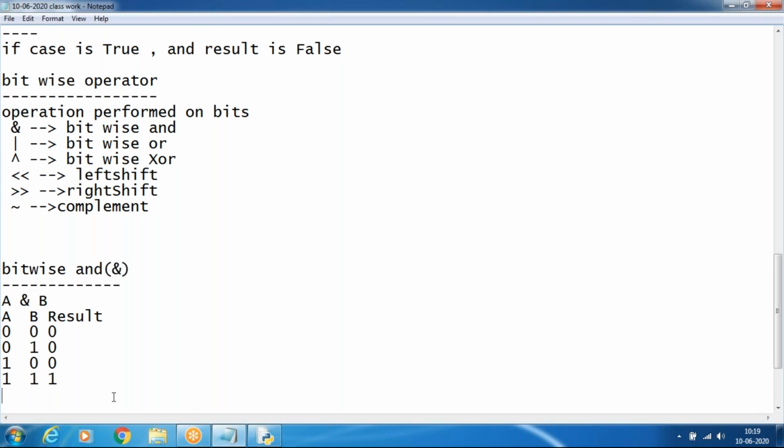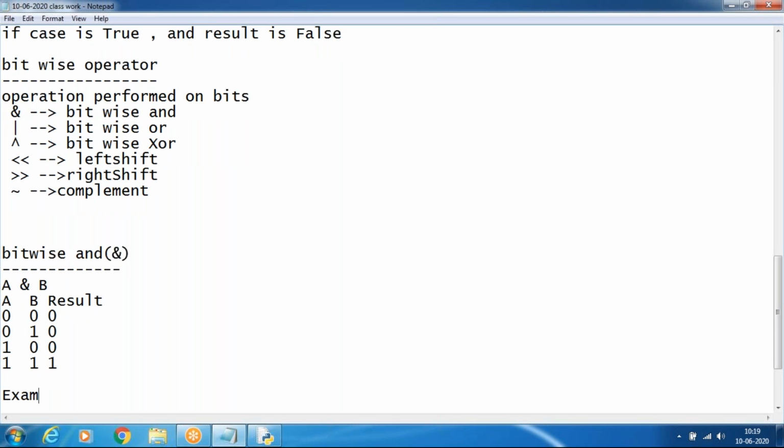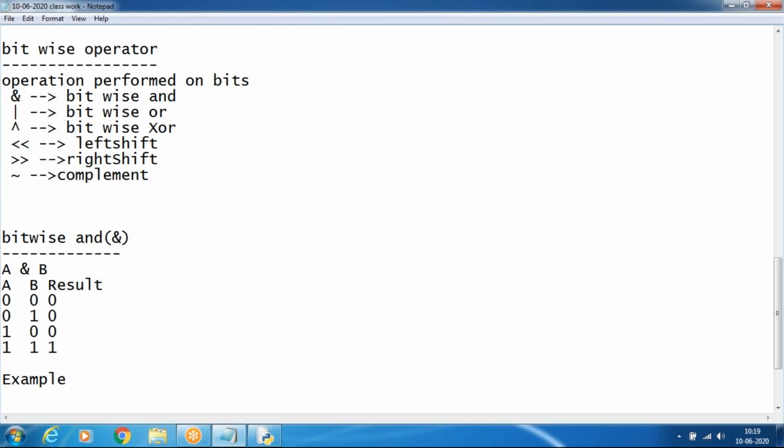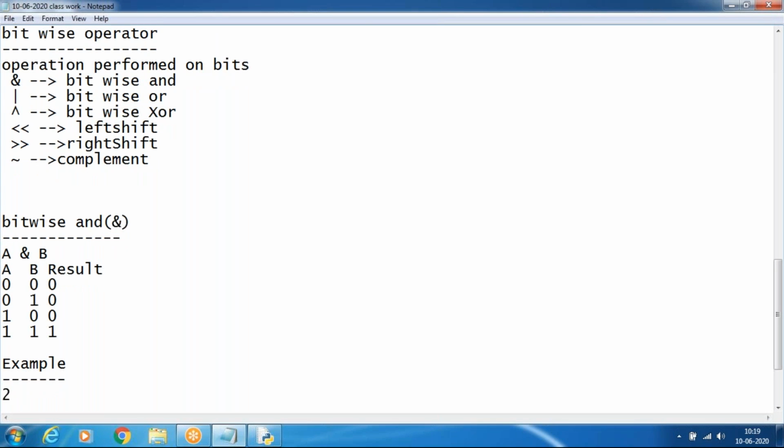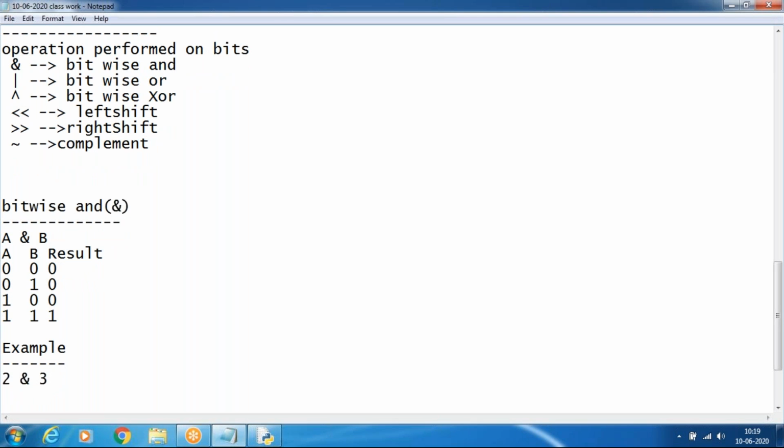So first, for example, 2 and 3. 2 and 3 will be converted into binary.